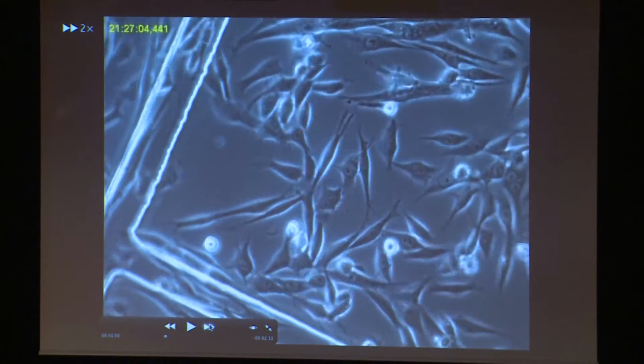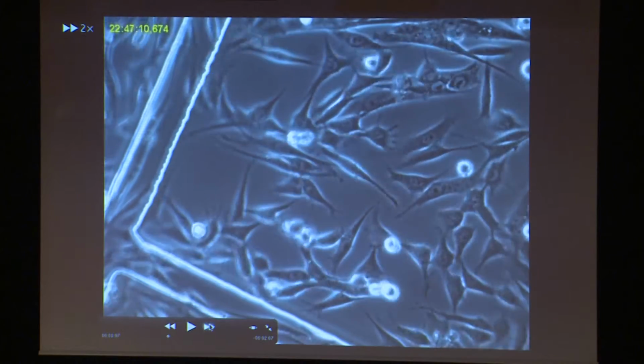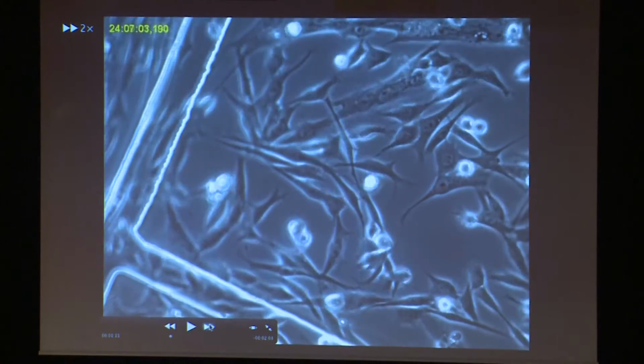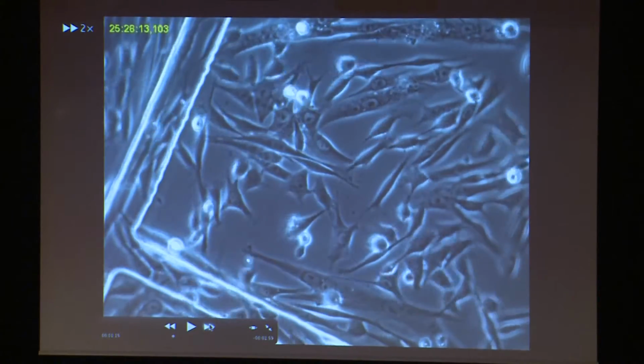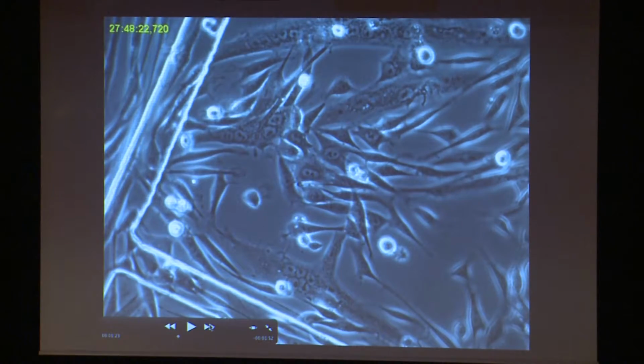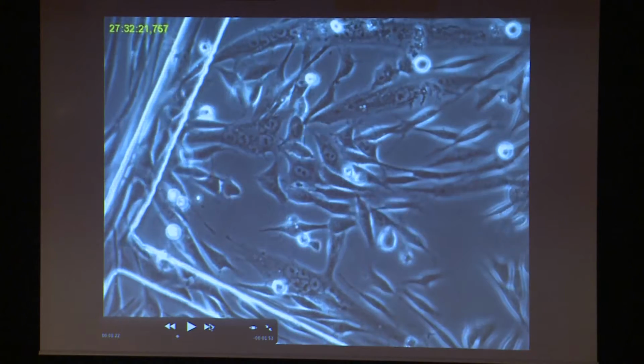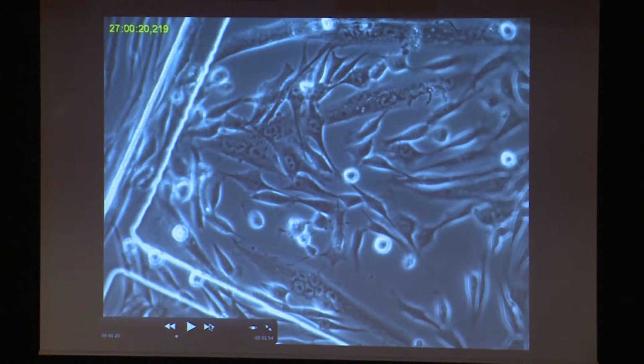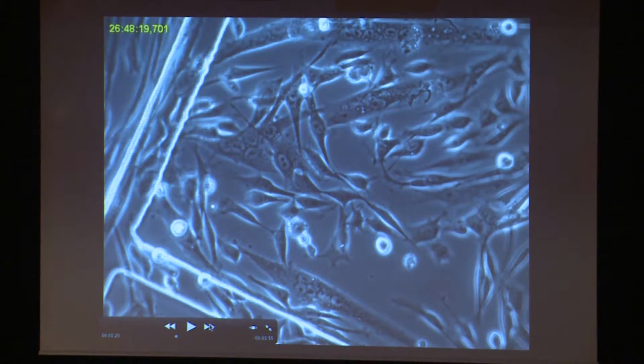Maybe some fusion starts to be detectable on top of the large cell that is forming, but I'm going to stop everything and then go back, just for you to see the fusion. So we have the cells contributing to this fiber that is forming. We know it's a fiber because it already contains 1, 2, 3, 4, 5, 6, maybe 7 nuclei. So it's the result of the association of 7 cells,